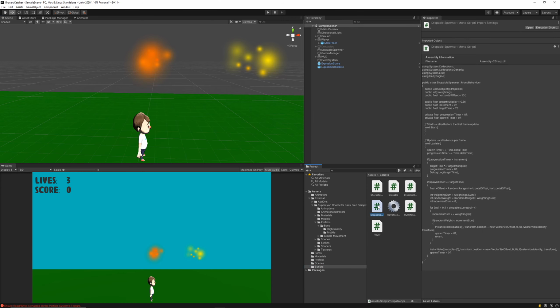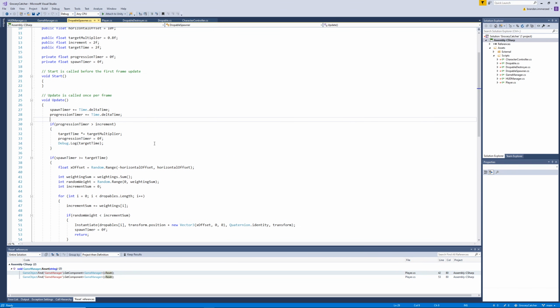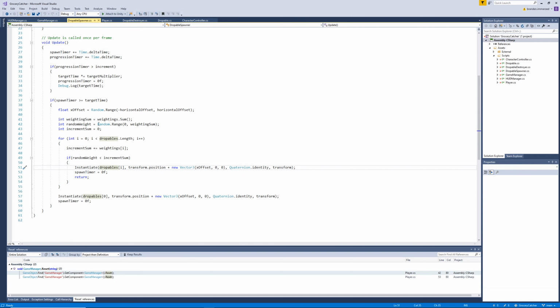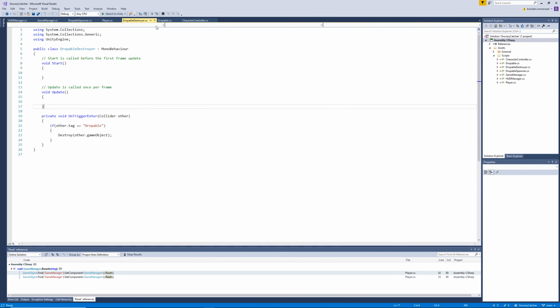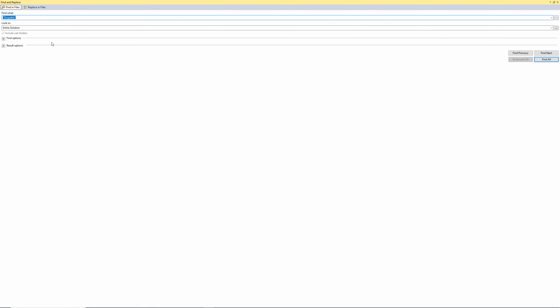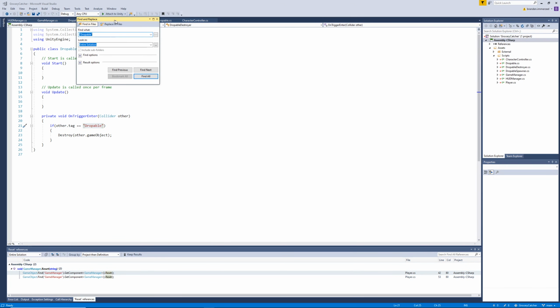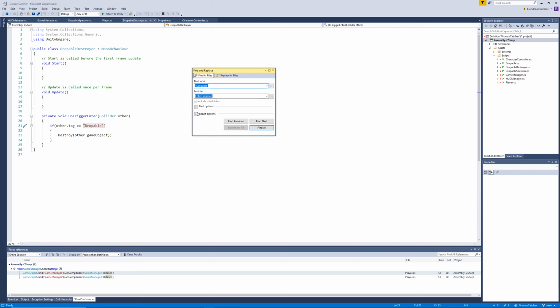Jumping in, let's go to our droppable script. And we need to find out where this droppable is getting killed. So if I remember correctly, we've got this droppable destroyer, which will destroy the other game object if it's of tag droppable. Now what I actually want to do is find out all other cases where this is being used. So I'm going to run a find. If I hit Control Shift F, we can search for all droppables with this string in the entire solution,